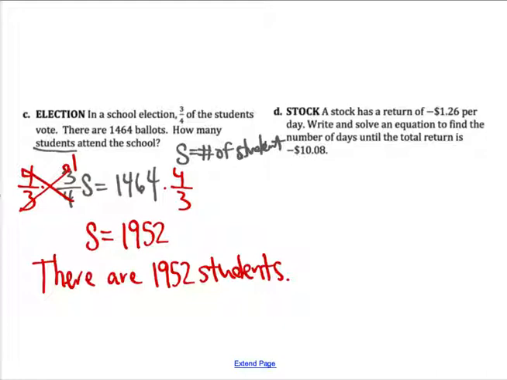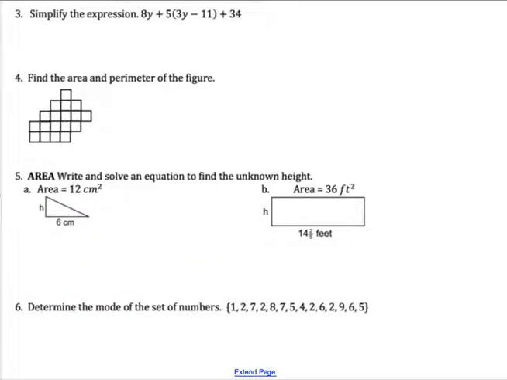Okay, continuing the preview of the assignment. Number 3, you're going to simplify. Looks like you have to use the distributive property. Number 4, area and perimeter. Area, you can count up the boxes. Perimeter, you need to do a walk around the shape, counting up all the sides until you're done with the whole shape, etc. Number 5,